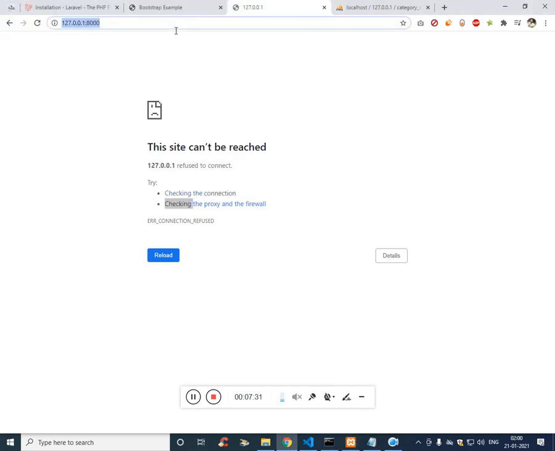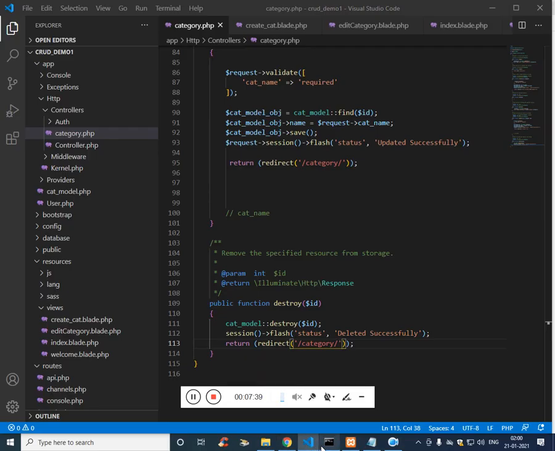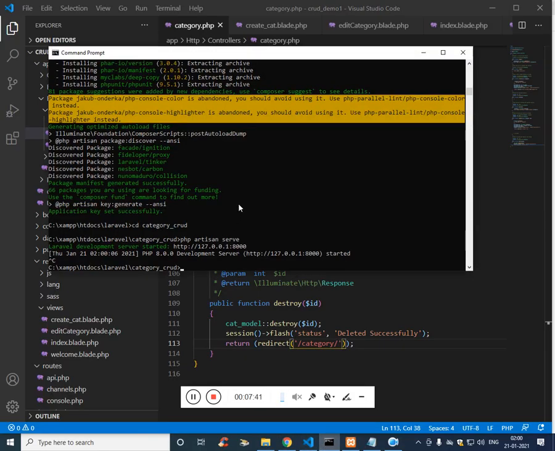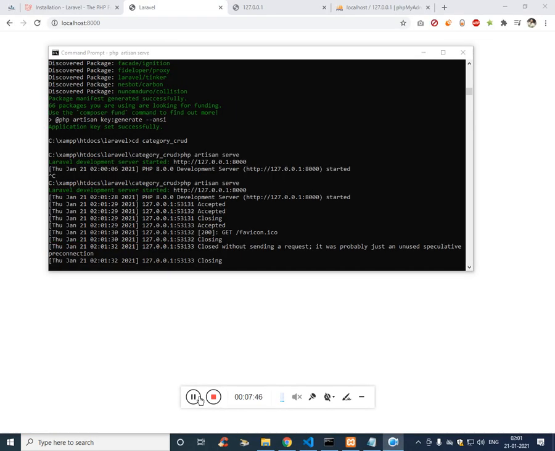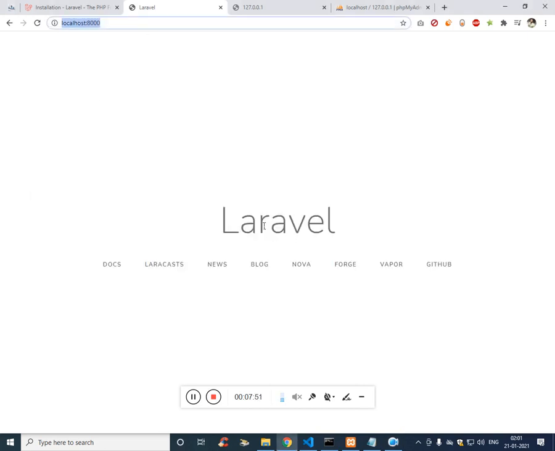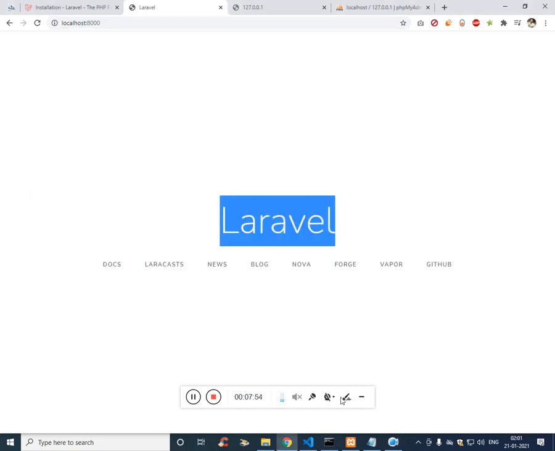It doesn't matter for the Laravel. XAMPP is running just for the PHP itself, so just for the MySQL. So let's see what is the problem that we are facing now. I think I have mistakenly used Control C, that's the reason.